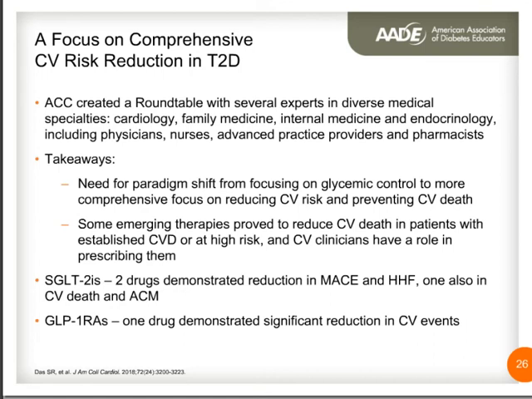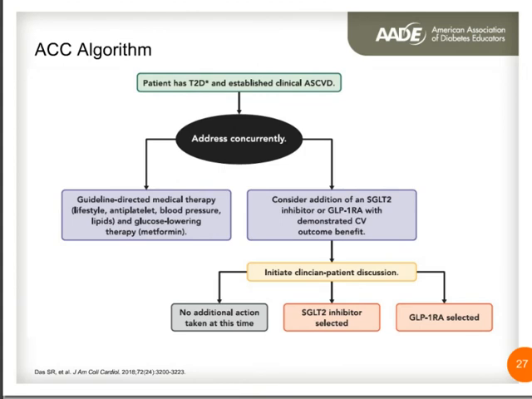Briefly, they recognized that at least 2 drugs demonstrated reduction in MACE in the SGLT2 class, also in cardiovascular death and heart failure. The GLP-1 receptor agonist, 1, significantly reduced cardiovascular events in MACE. So those were really the key takeaways of the consensus statement. And with that, they proposed a streamlined algorithm for the patient with type 2 diabetes and established clinical atherosclerotic cardiovascular disease. So as you go down this algorithm, it's not as comprehensive because really they want their practitioners to address